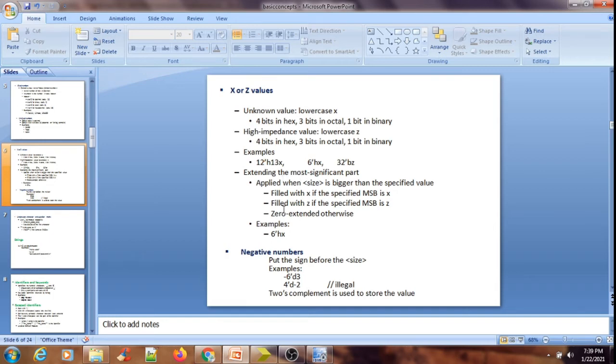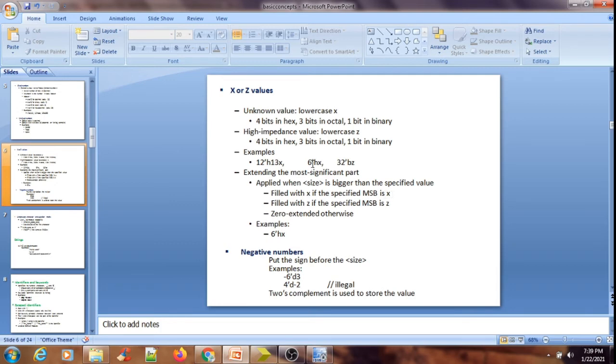Before it, one thing we should be aware of is how filling works. For example, I have taken a 6-bit hexa x2. That means the lowest 4 bits are occupied by 0010 and the highest 2 bits are occupied by x and x. So it is filled with x if the specified MSB is x.